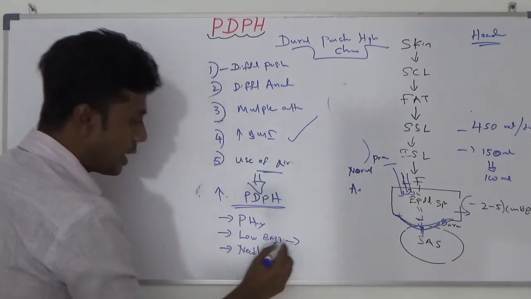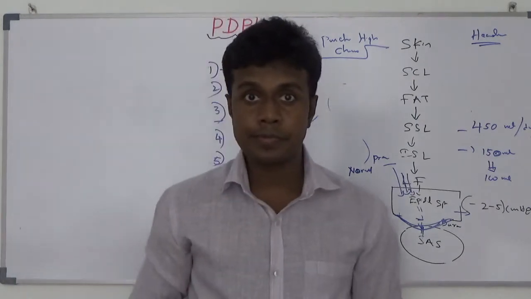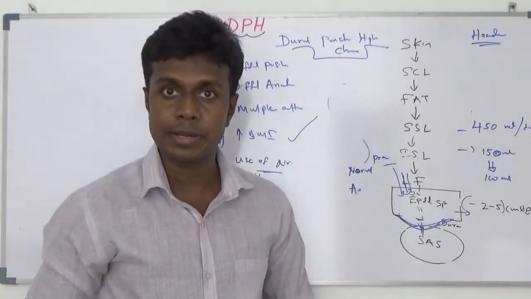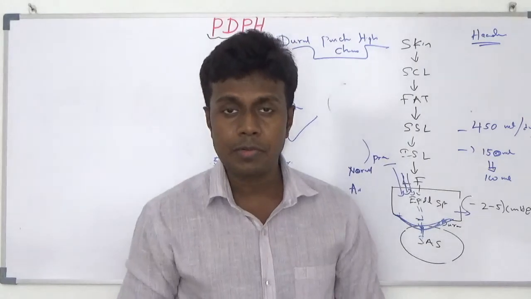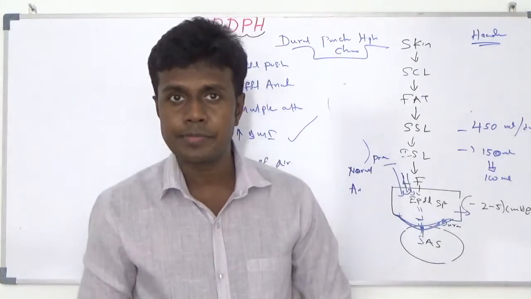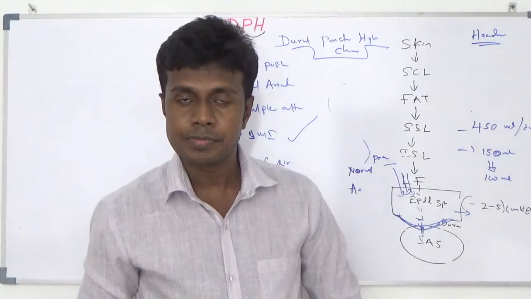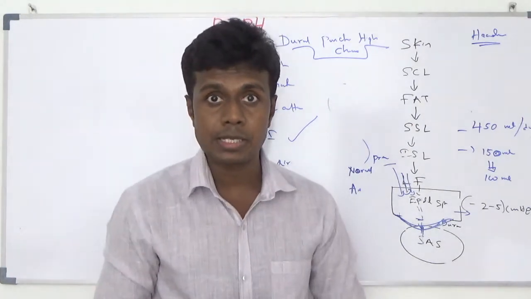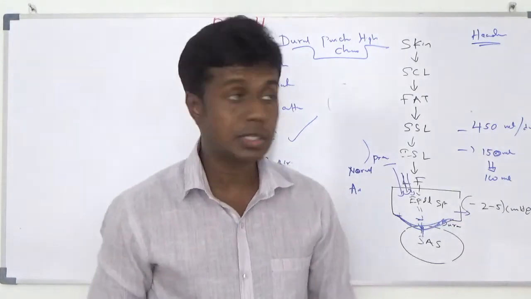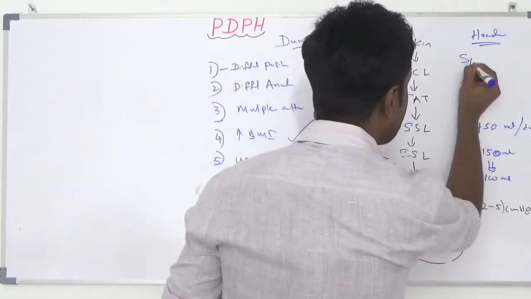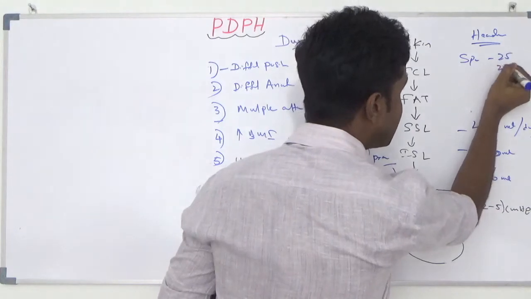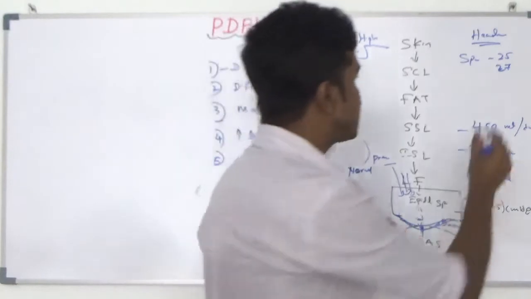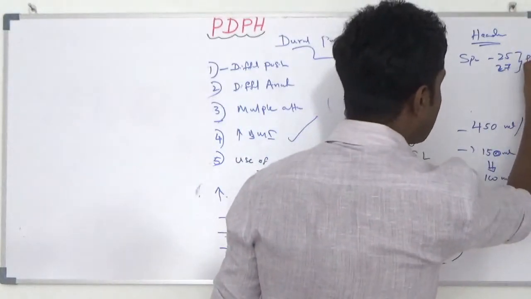If dural puncture happens with a large needle, there is a high chance of developing post-dural puncture headache. If dural puncture happens with a small needle, there is a lesser chance. In day-to-day anesthetic practice, we do several dural punctures with a spinal needle. Gauge size is 25 to 27, a small gauge size, with lesser chance of developing post-dural puncture headache.